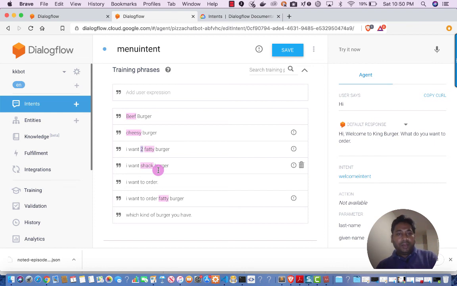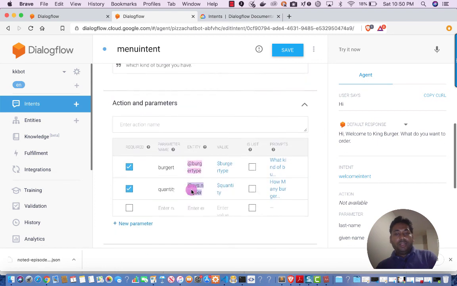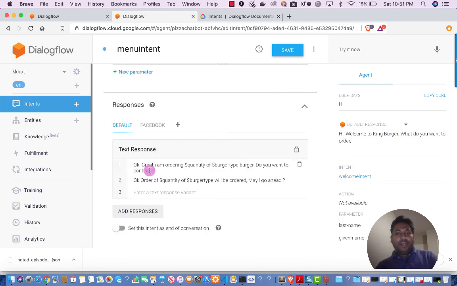So basically, I want to order cheesy burger. Cheesy is one entity, okay? Two is quantity. So I have to define those as entities. By defining those as entities, Google Dialogflow will be able to figure out and extract these entities out of these statements.